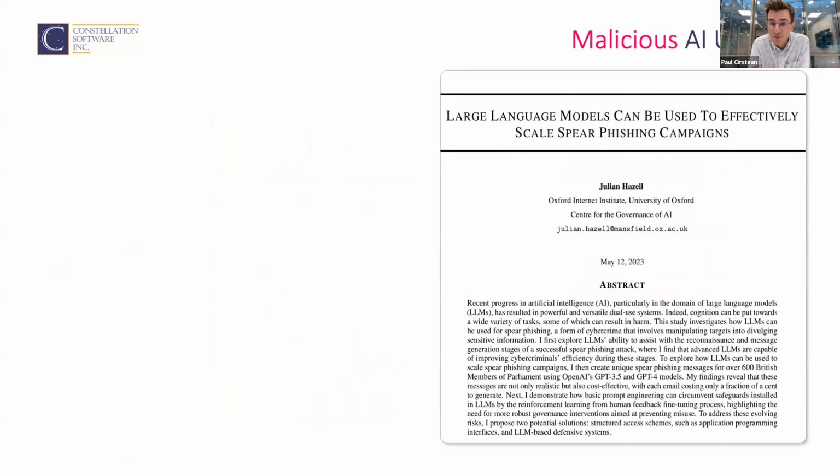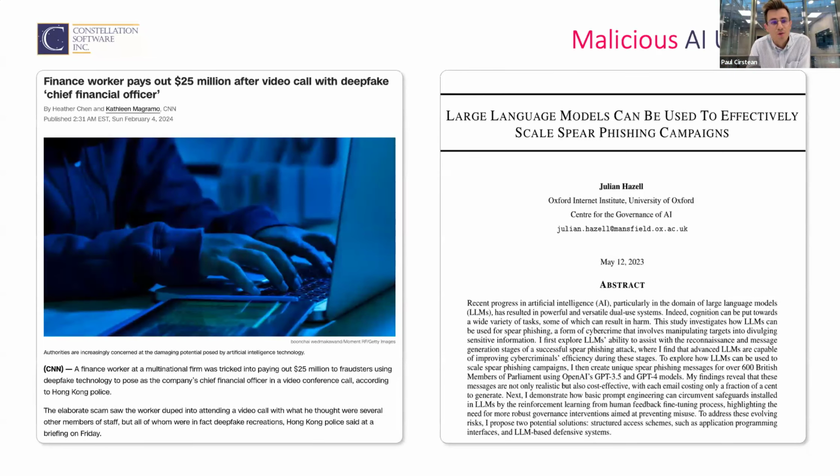I've studied a couple of interesting papers which clearly argue that phishing campaigns, so phishing campaigns are those malicious emails that in the past used to have spelling errors in them, now they're generated with AI and they're quite convincing. And quite a few studies show that phishing campaigns are way more efficient when generative AI is used to create those campaigns. And something maybe even more interesting, according to a recent report, a finance worker was convinced using deepfakes